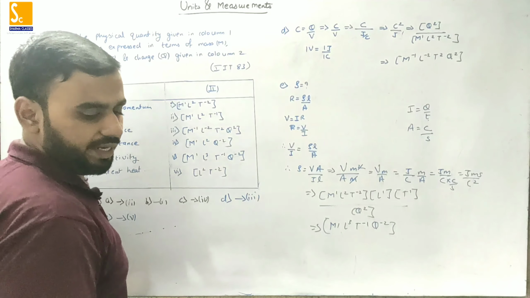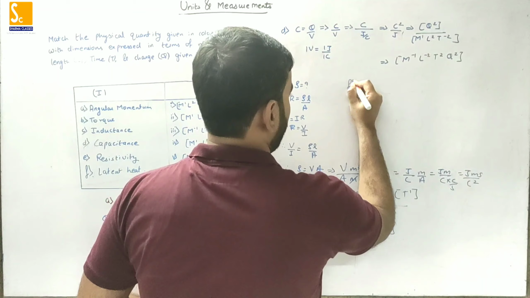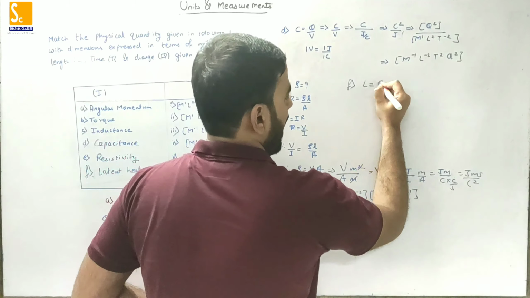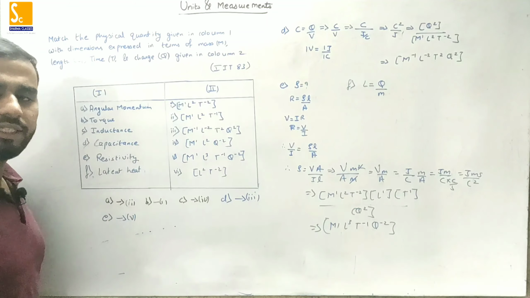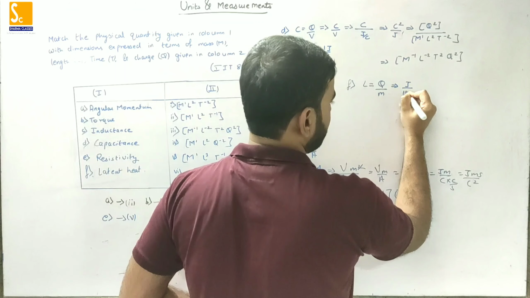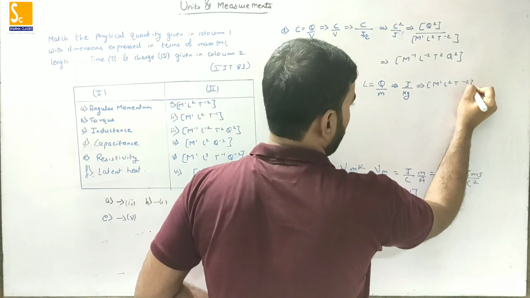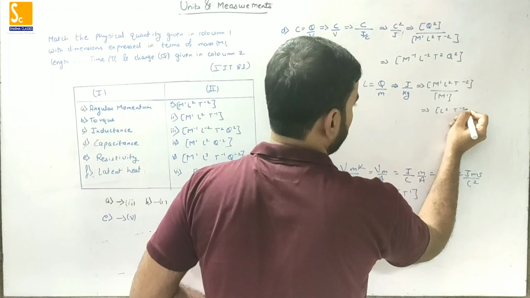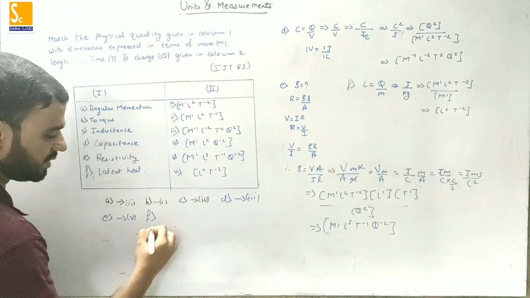Next, last one, we'll find out the latent heat. F is the latent heat. We know that the formula for the latent heat is nothing but what? Energy upon mass. This formula you studied in 10th standard, right? So what is the SI unit of energy? We know that it is joule. SI unit of mass is kg. So the dimensional formula becomes M raised to 1, L raised to 2, T raised to minus 2 upon M raised to 1. So it comes out to be L raised to 2 and T raised to minus 2. 1 minus 1 becomes 0. So according to this, for the last one, F, your answer is the 6th.